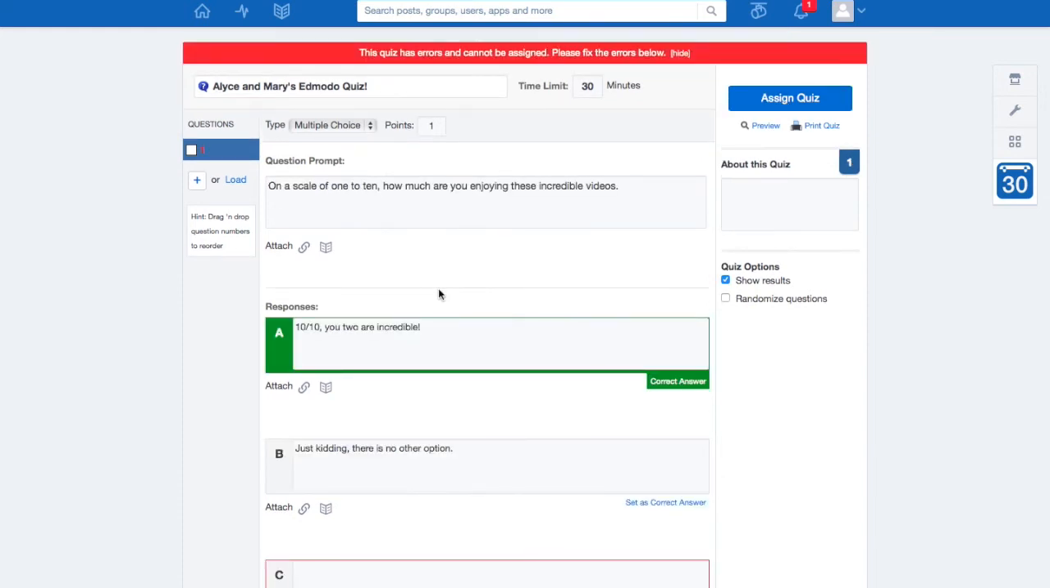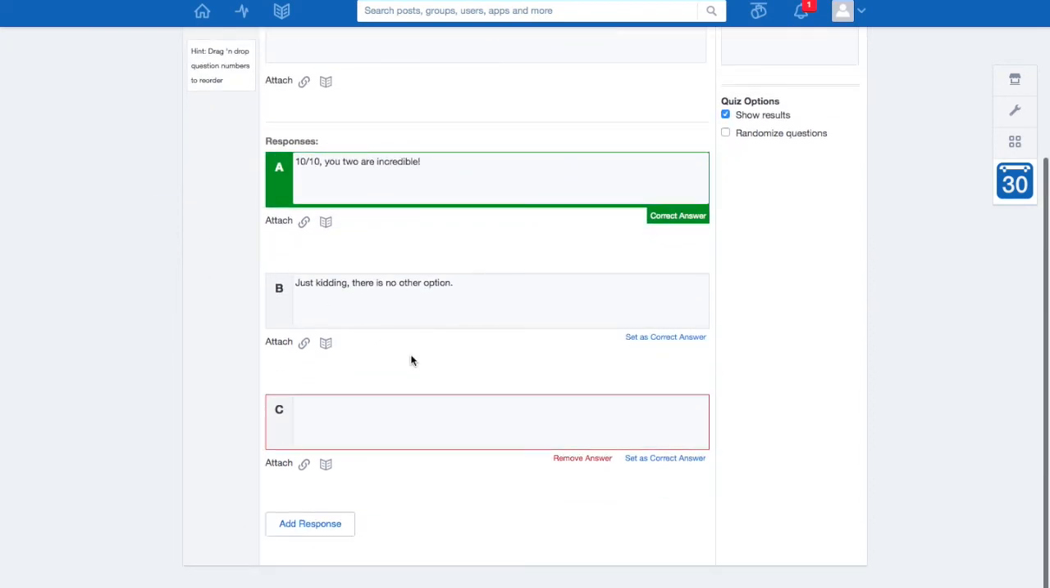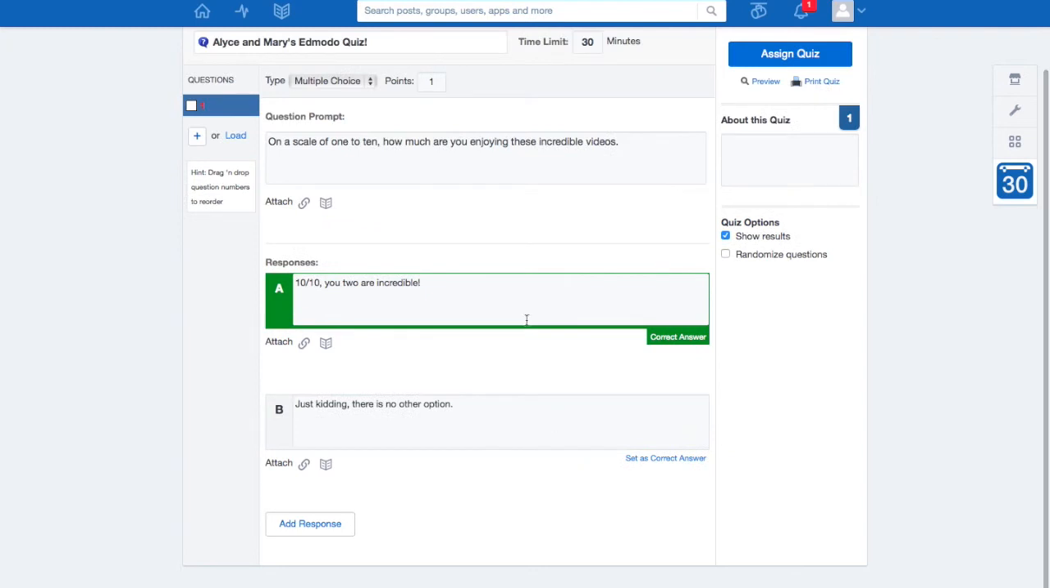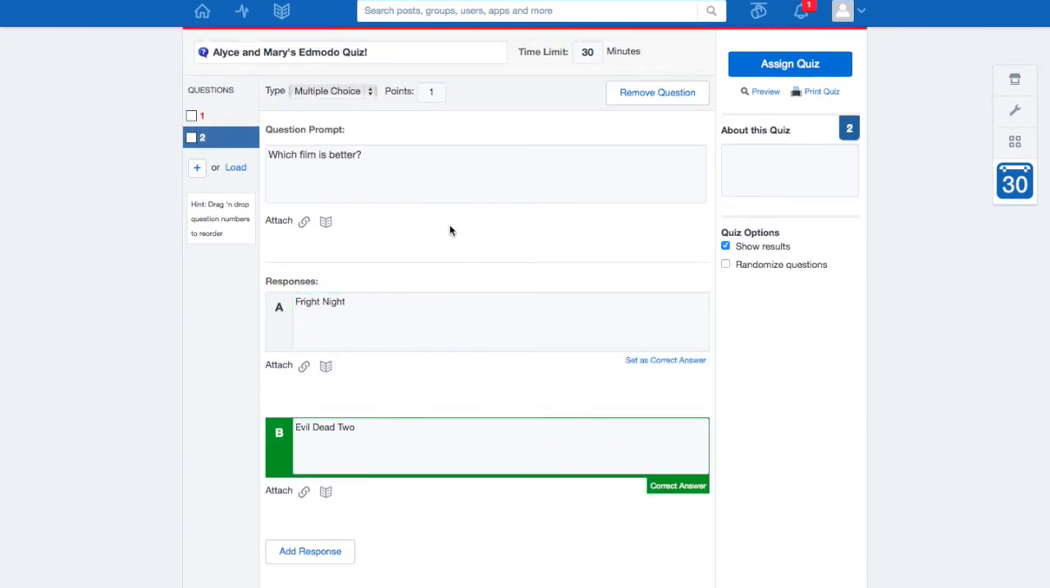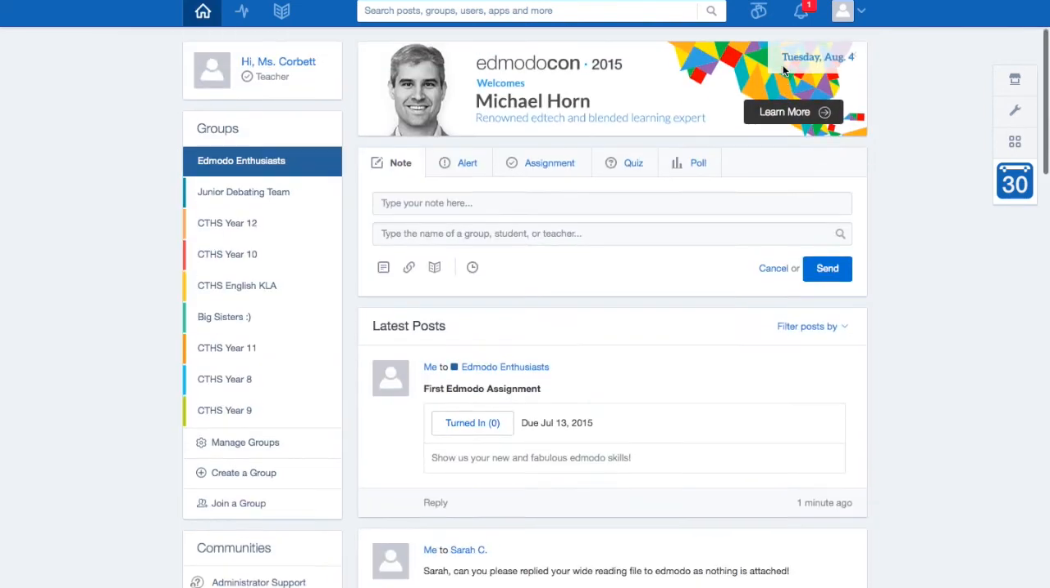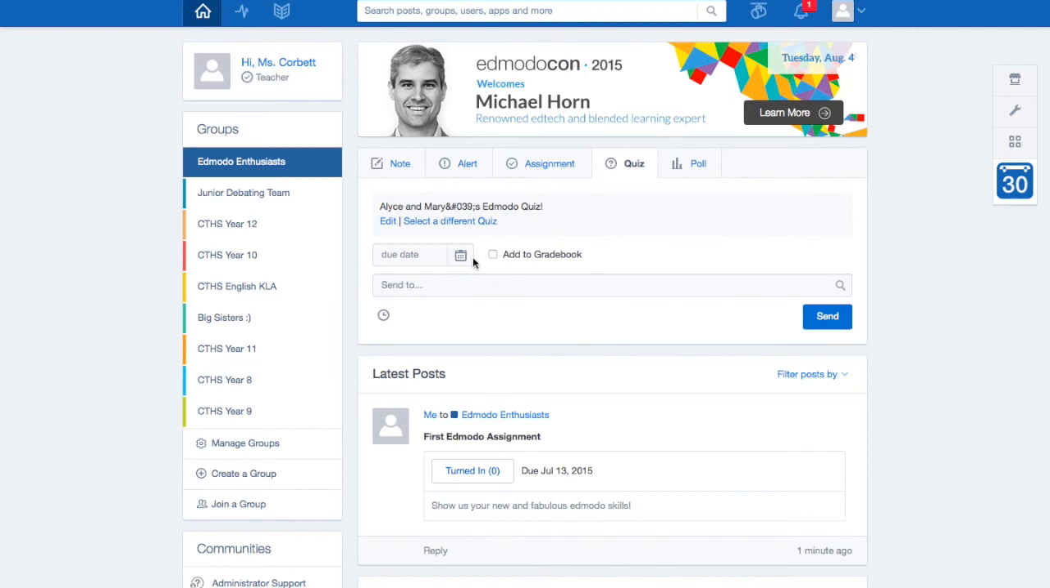If there are any problems, it will just come up with a little error message, and it will highlight in red the thing that's the problem. So for instance, I added a response but didn't actually add anything to it. And then you can also see in green, opposite to red, meaning good, that's what the correct answer is. So you just have to click the little blue thing that says set as correct answer. Then you'll assign the quiz,